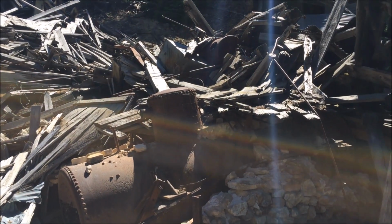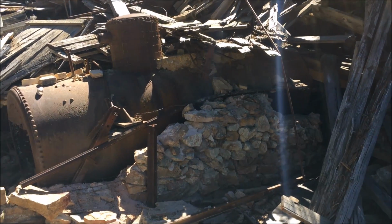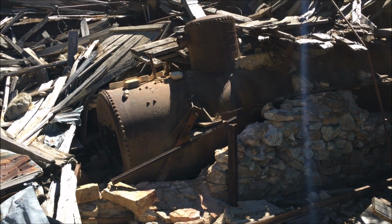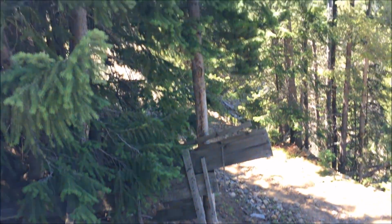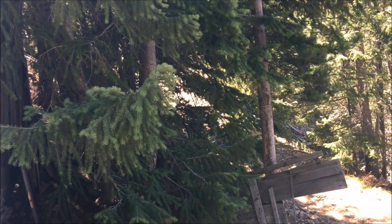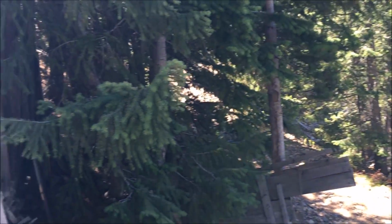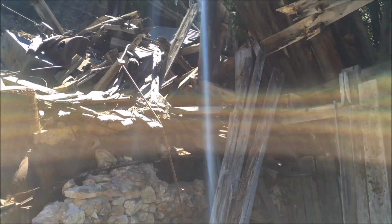But just over to the right of it, I tried to get a video, my camera wouldn't work, but there's the shaft, and it has the rails going into it and water's flowing out of it. They actually went ahead and filled the shaft in, but there's a big tailings pile all the way down the hill here. But these guys back in the 20s and 30s, when they came in here and did